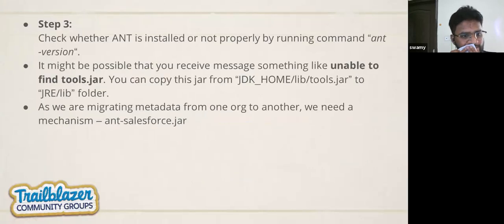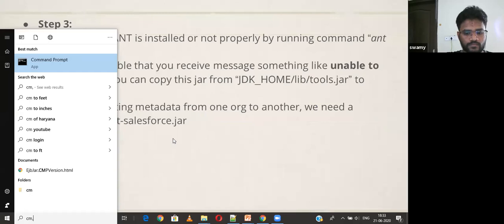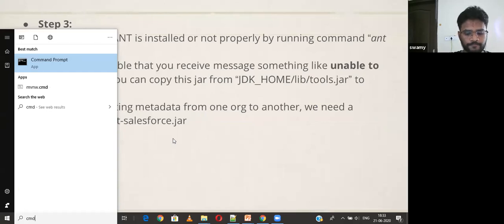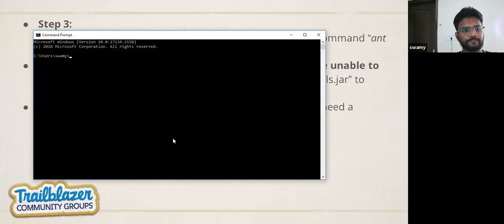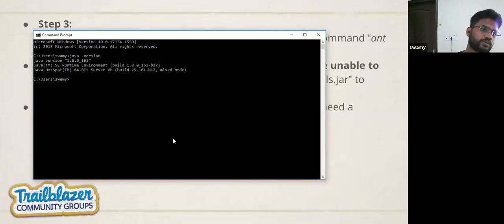And after that, you have to check whether Ant is installed or not. Just go to the command prompt. First, I have to check the Java version, so that I can know I am using Java 1.8.0_161.